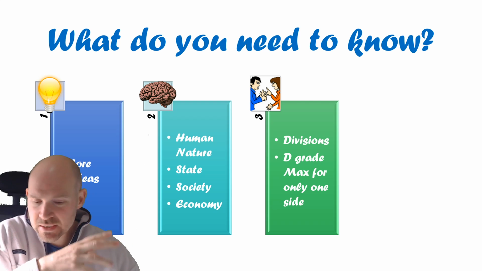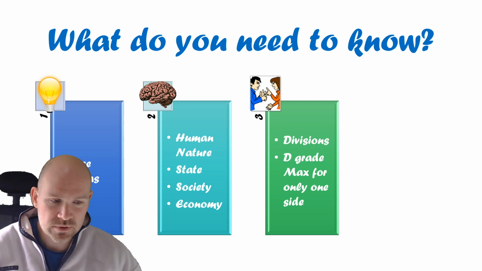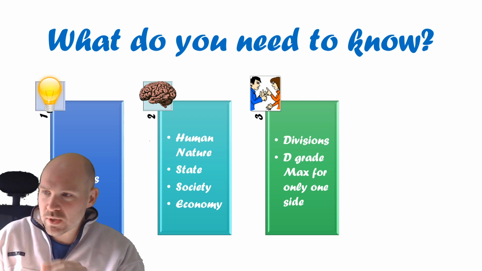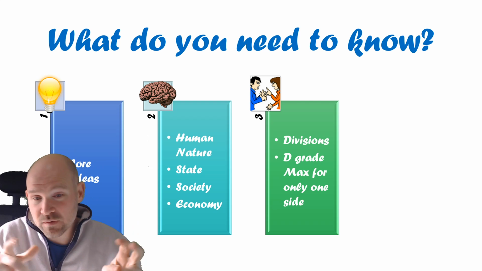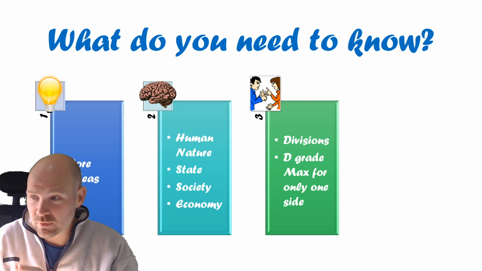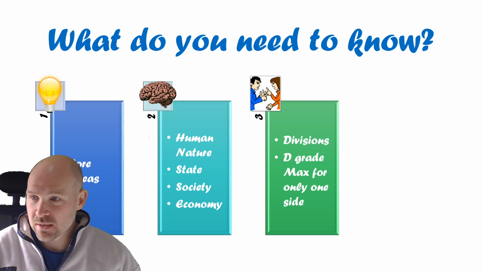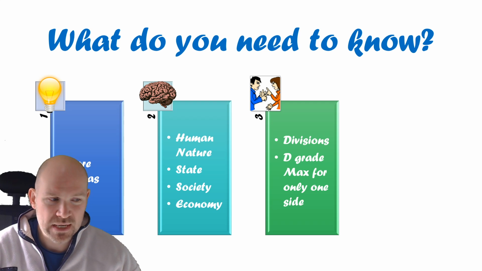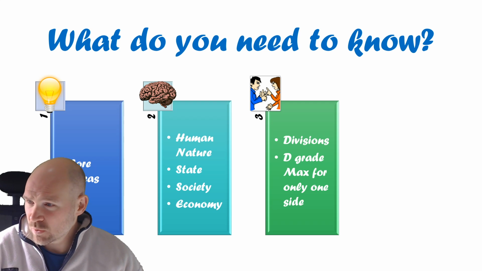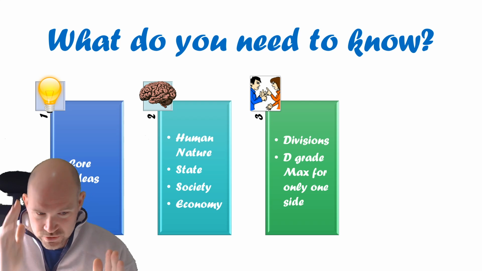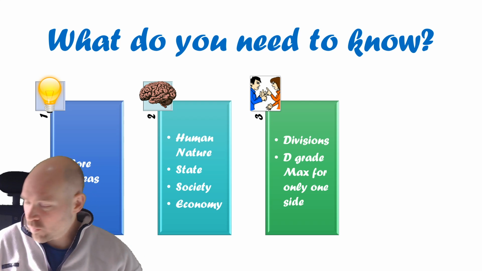If a question says, for example, to what extent do liberals agree over the economy? If you just write about liberals, or if you just write about one type of liberal, then you will hit a wall, and you can only get, well, I've written D grade maximum. It's technically band 2, which is highly likely to be around the D grade maximum. So you definitely need to know as you go in what the ones you need to know are here.